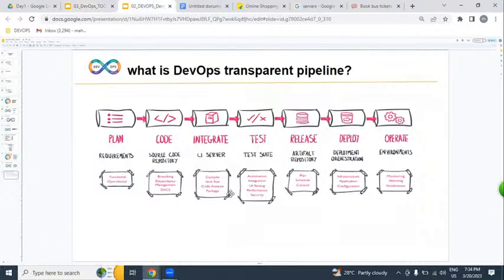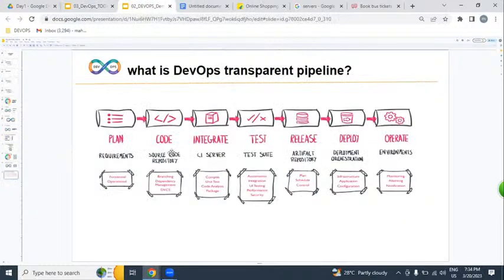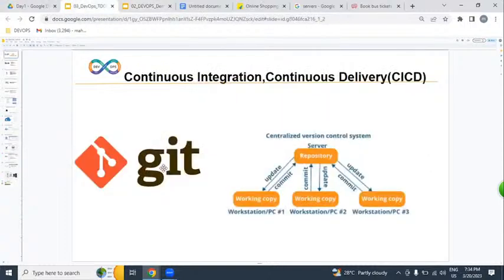Guys, please, which are all the tools, in which place, how exactly we are using them, let us understand one by one. Let us try to understand where we are going to be using them in our DevOps process. Git is a version control, guys, please. So after the developer writes the lines of code, we are going to be maintaining it in a Git version control.